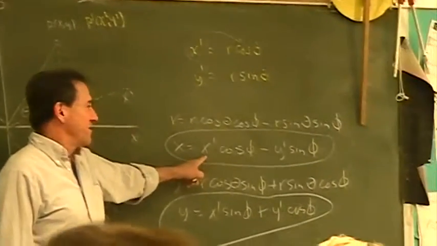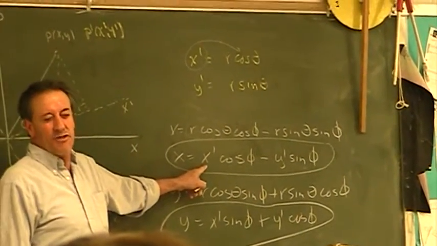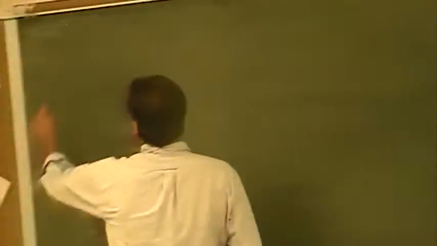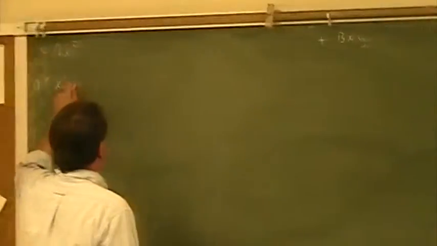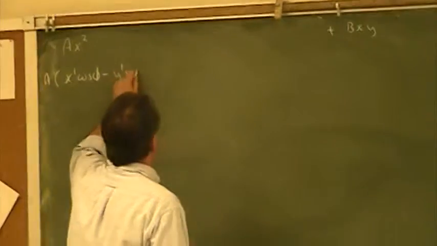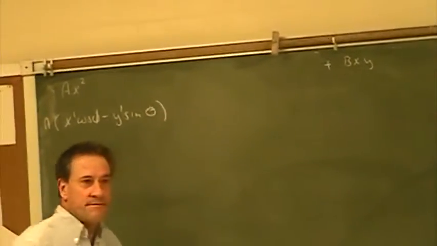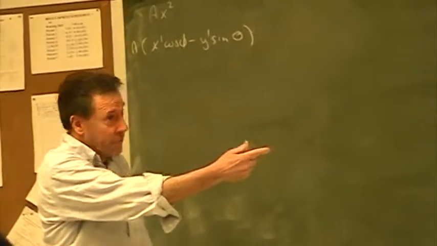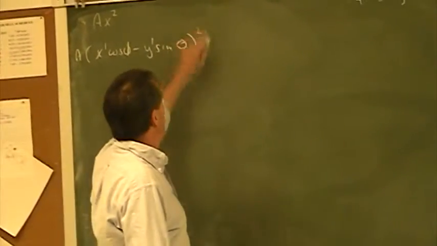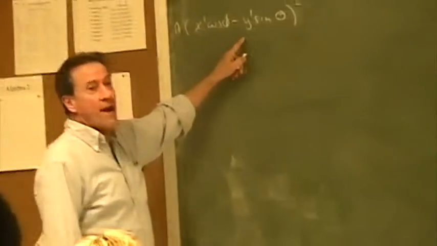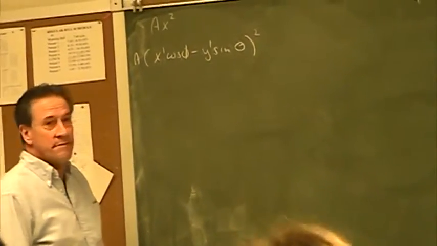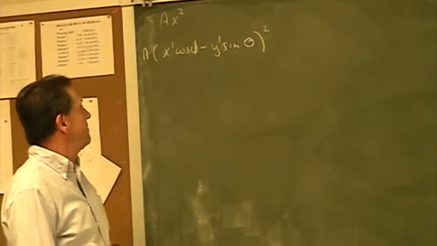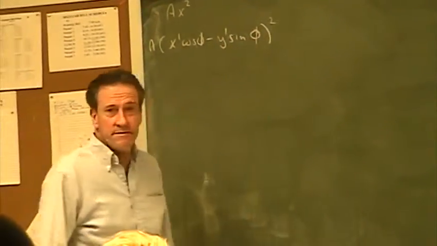Okay. So somebody that I trust needs to read me this. I think I got it. X cosine, y sine minus. So what's x? X prime, thank you, cosine minus y prime sine. Is that x? From over there in the circle? Squared. Ax squared. We good? Shouldn't that be y prime, sine phi? Yeah. Plus